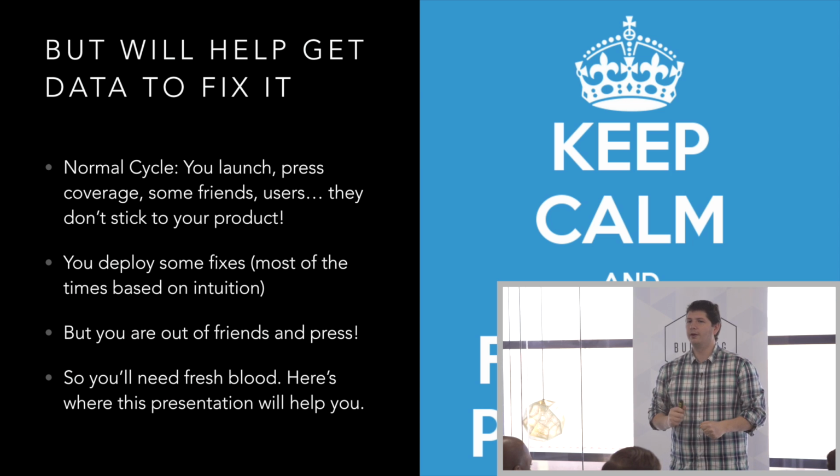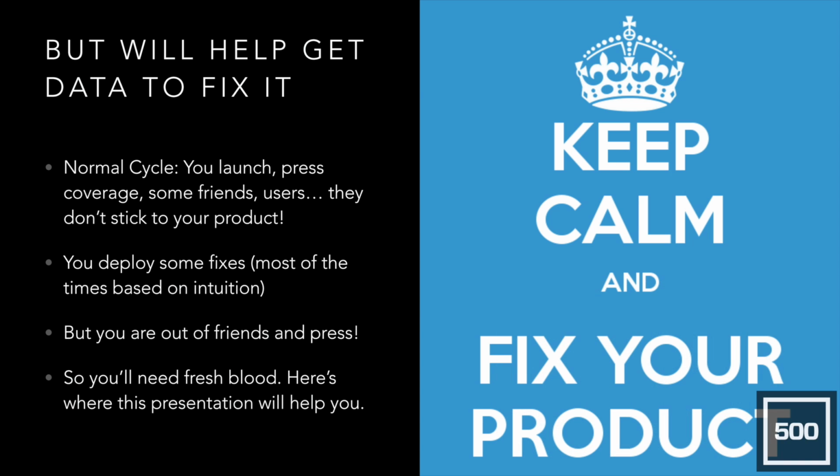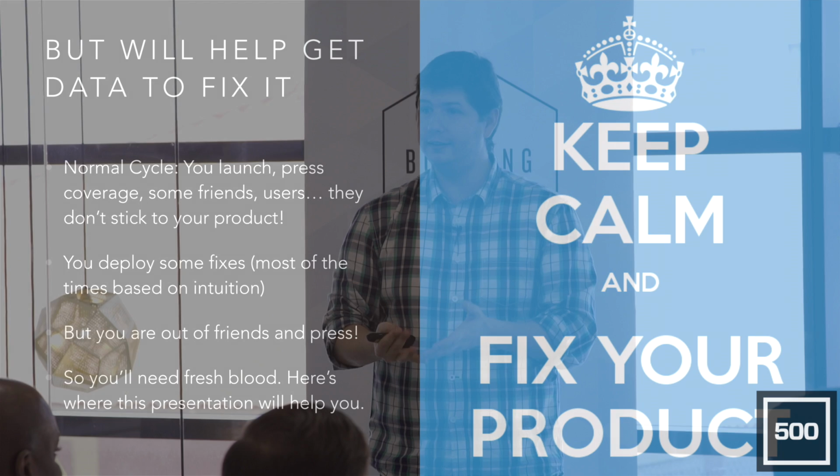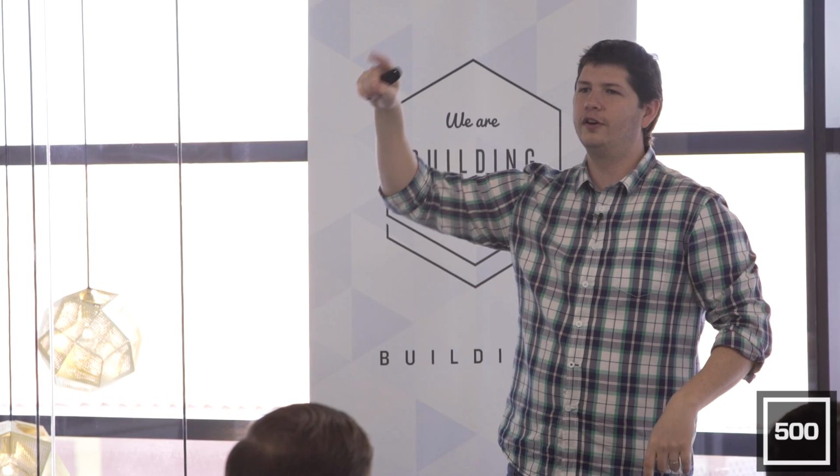So you say, oh, this is a problem. So you're going to deploy some fixes and now you need another bunch of traffic to test your hypothesis. But you already are out of friends and TechCrunch covered you. TechCrunch is not going to write a new article saying, oh, Rocket tests B2 of their funnel. Go and sign up to see if it works. Doesn't work. So you need to get traffic to get data. So that's where distribution, at least at this stage, comes in. Because it allows you to learn.